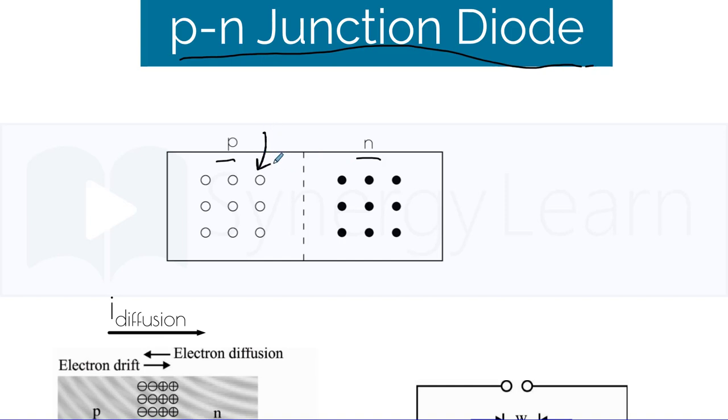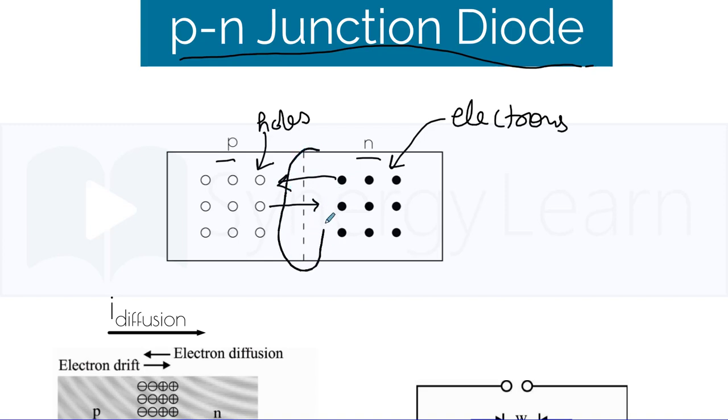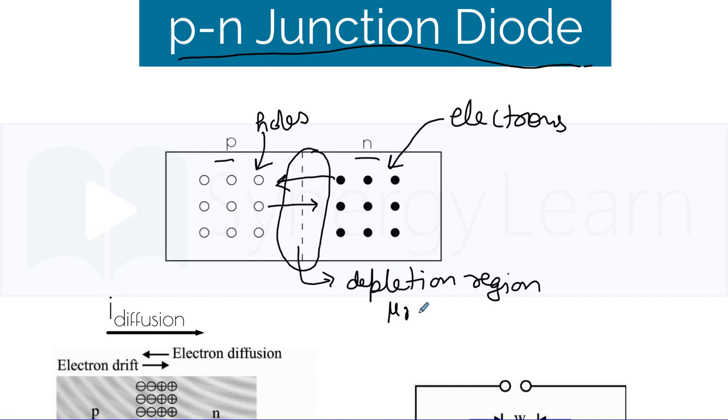The P-type side has excess number of holes, whereas the N side has excess number of free electrons. Now, since the P side has majority charge carrier as holes, these holes diffuse to the right hand side to the N side and free electrons diffuse from N side to P side. This diffusion is like diffusion of gases, and as a result, in the central region of the junction, majority of holes and free electrons recombine with each other, giving rise to depletion region, which is of width of micrometer.